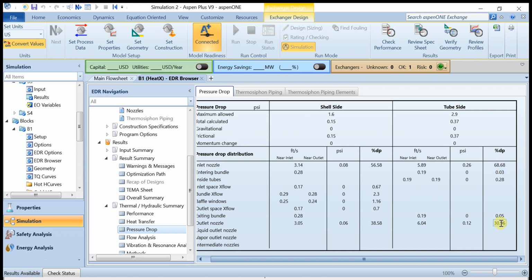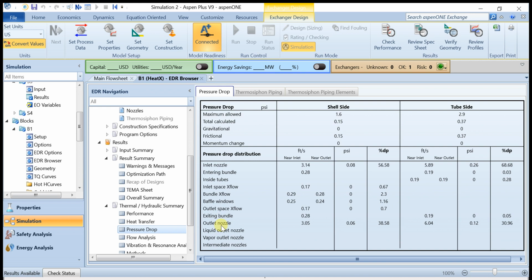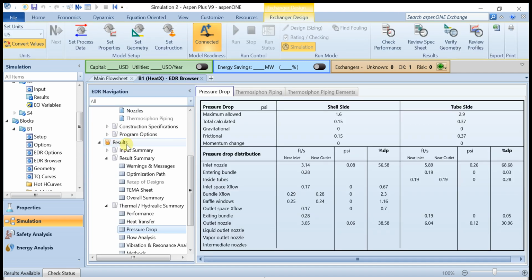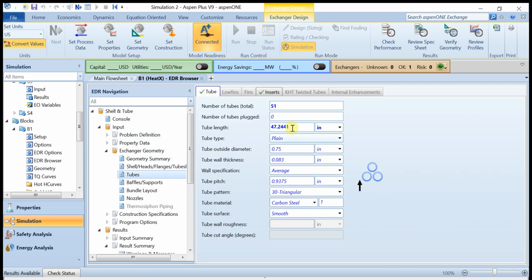Again, okay, so 46 is the outlet temperature which we wanted to decrease, right? So again I will go here, click here, tubes. Let's say now the tubes are 40 tubes. I will again run it. We will see what is the effect of it. See, the temperature got down, right? But I have also decreased the number of tubes. Because of that,